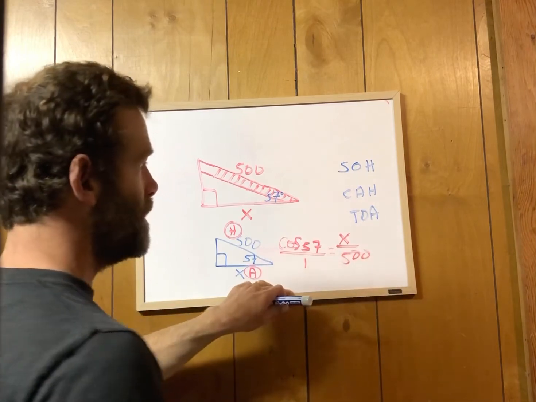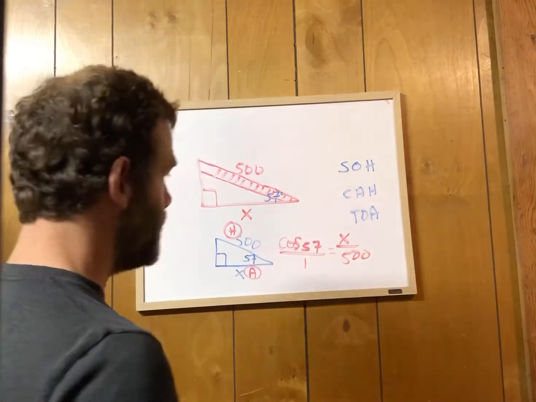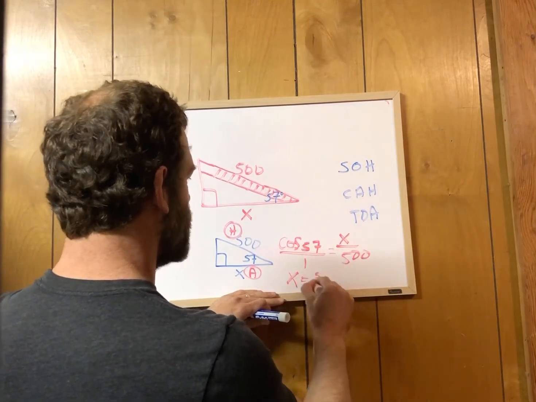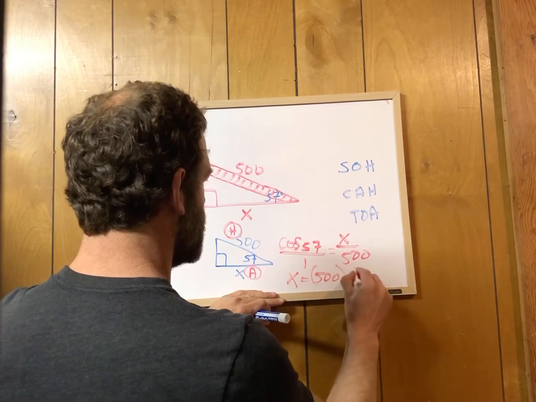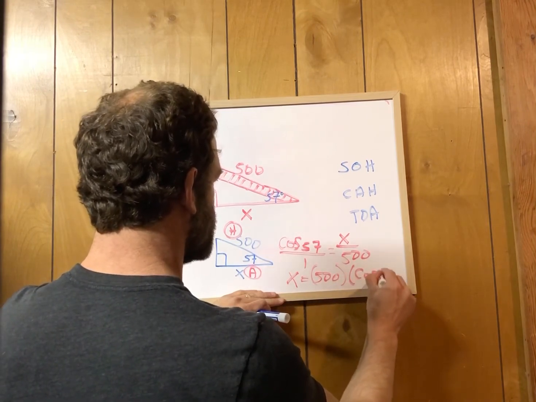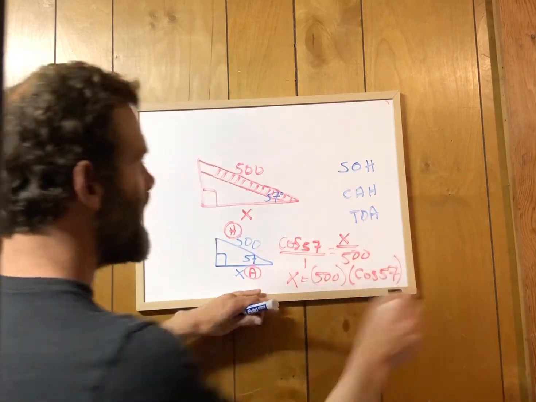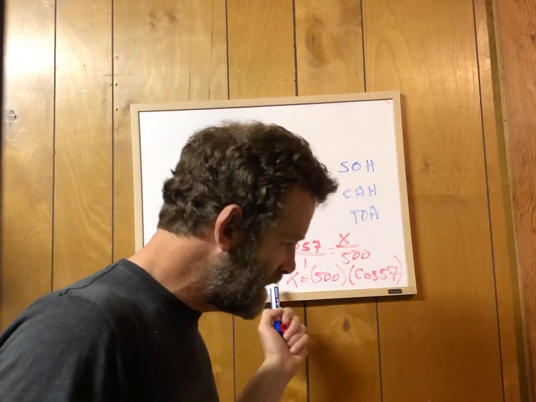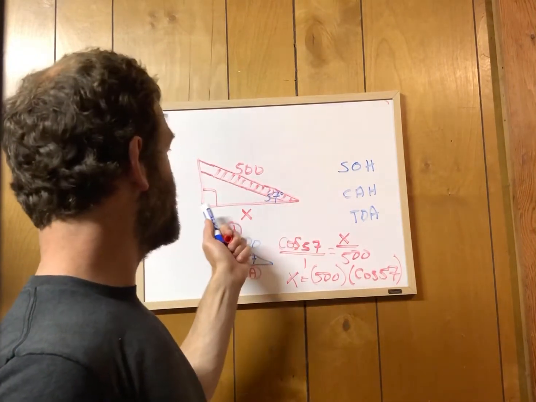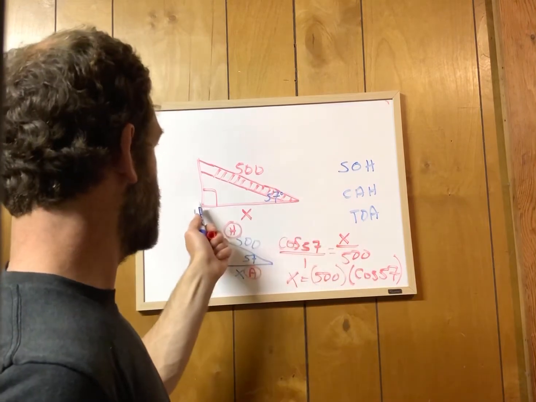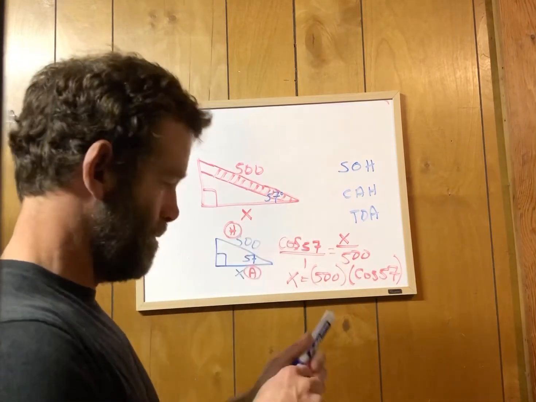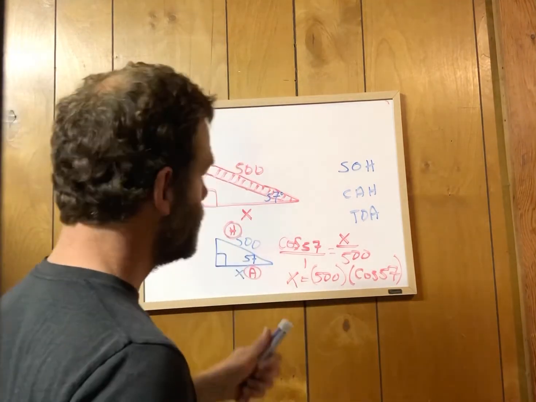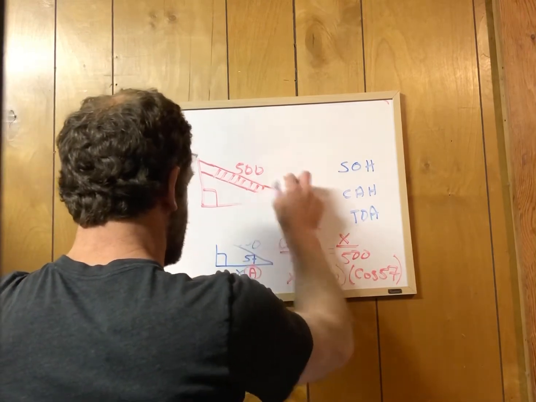And in this situation, you cross multiply. You don't have to divide anything because, watch, when you cross multiply, x times 1 equals 500 times cosine of 57 degrees. And that, in your calculator, is going to give you how many centimeters it is away from the bottom of the ladder to the, I'm sorry, not ground, to the wall. All right, next question that I have for you guys